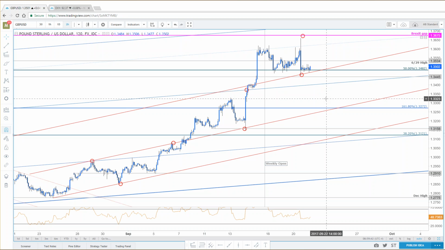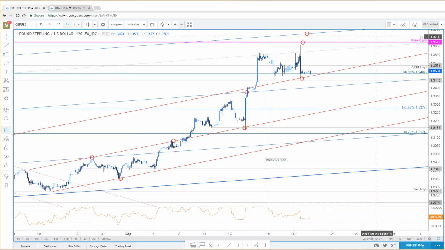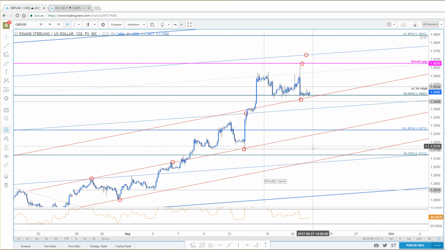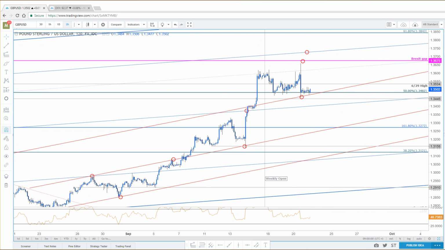If the pair just blasts through the Brexit open, unlikely from here, but if it does, again, don't chase. In such a scenario, you'd look for a rebound back into that same level to get on the long side for resumption into 138. It sounds kind of crazy, but not at all. Not for pound.